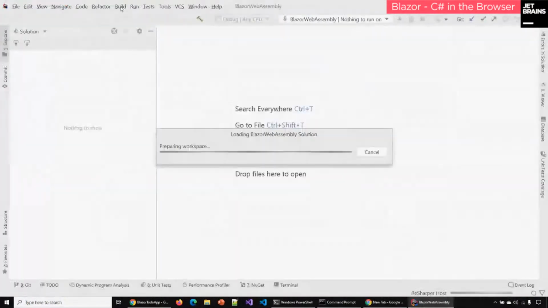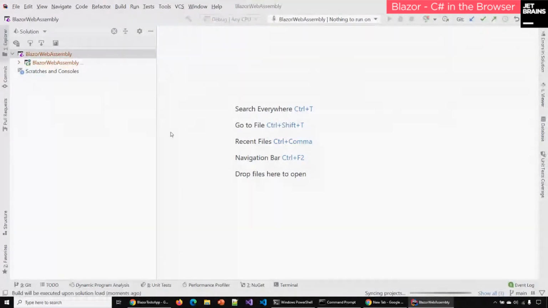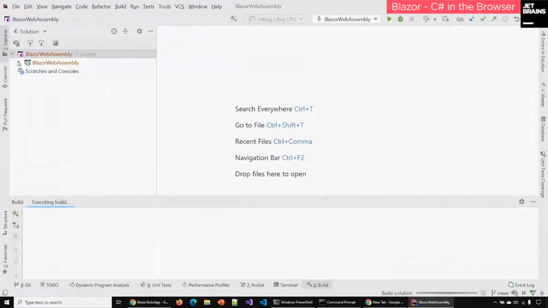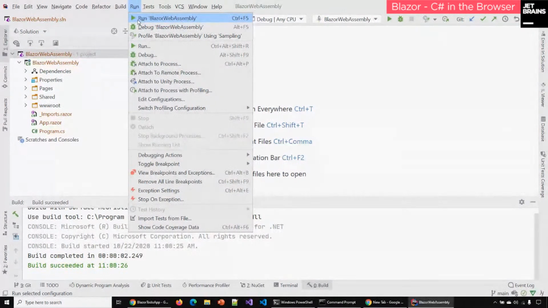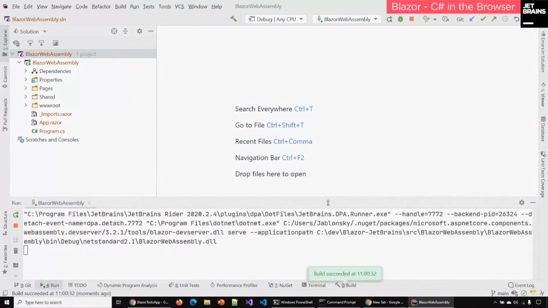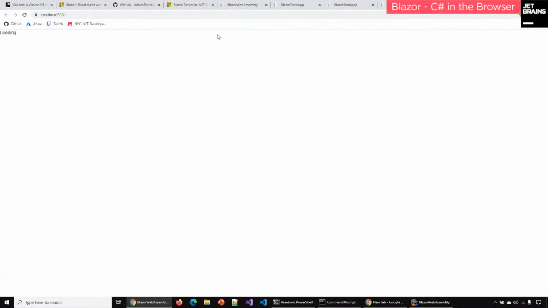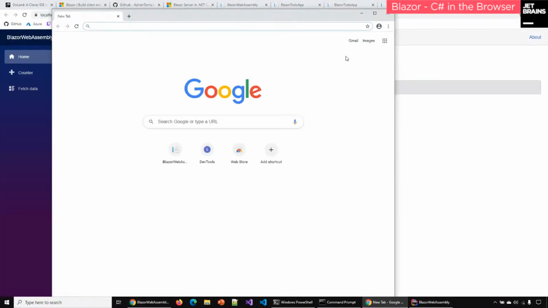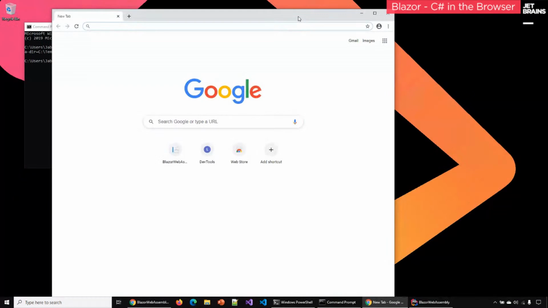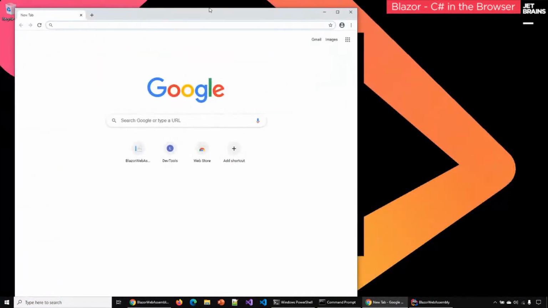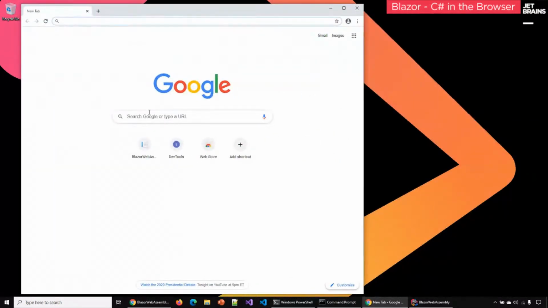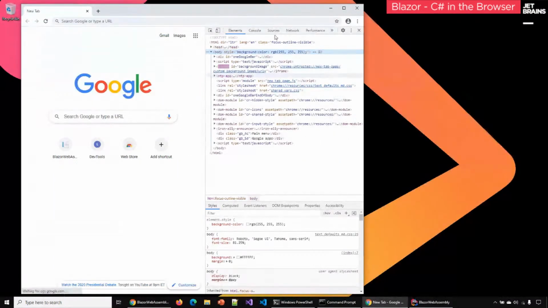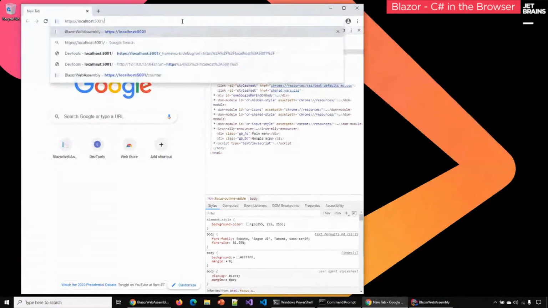We can go back to our WebAssembly project real quick. We're going to build the solution and run it. We're actually going to copy this over. Minimize this. As you can see, we ran this with our remote debugging port, so this is our Chrome browser. You can hit F12 and see all the debugging here. You can paste this in.